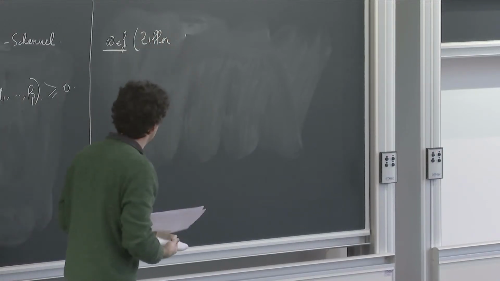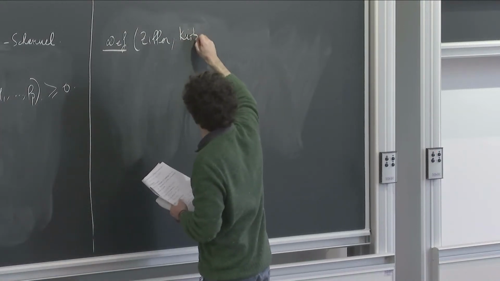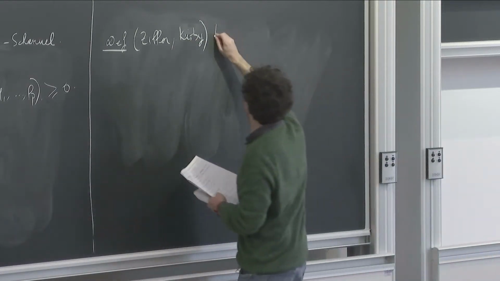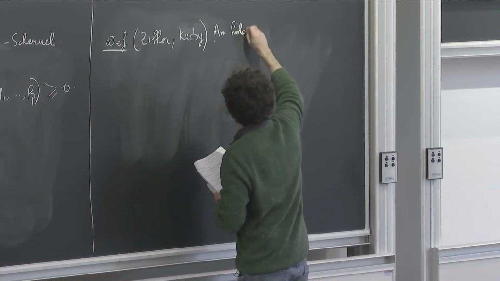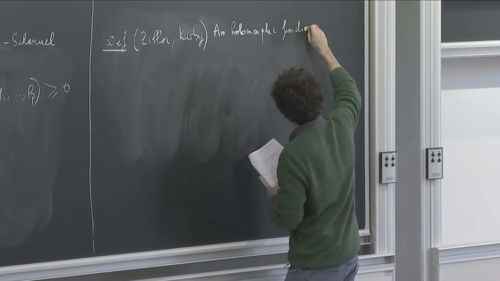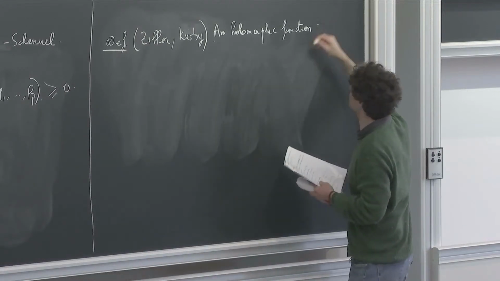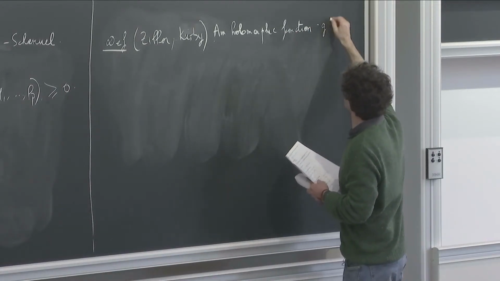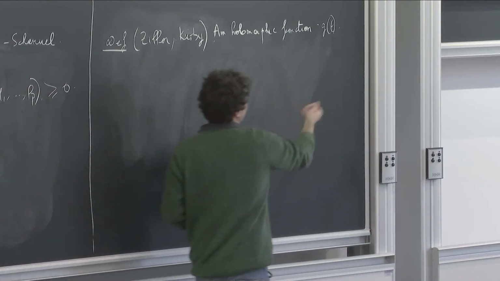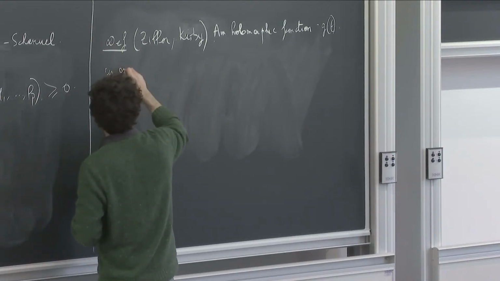The definition for numbers was given by Zilber, and the definition for functions, which is the one I'm going to use, was given by Jonathan Kirby. There's a definition that makes sense for holomorphic functions of several variables, but I'm going to give you the definition for one variable. A holomorphic function g(t) of one variable is exponentially algebraic